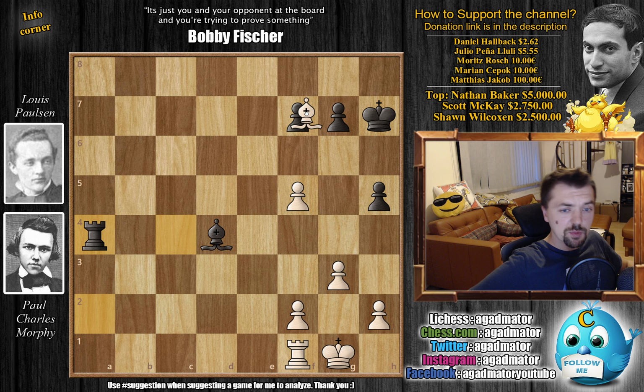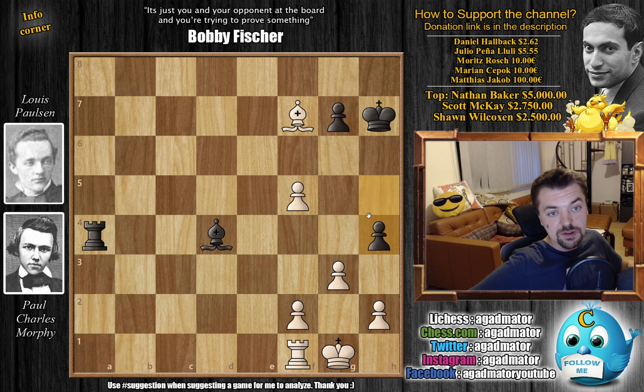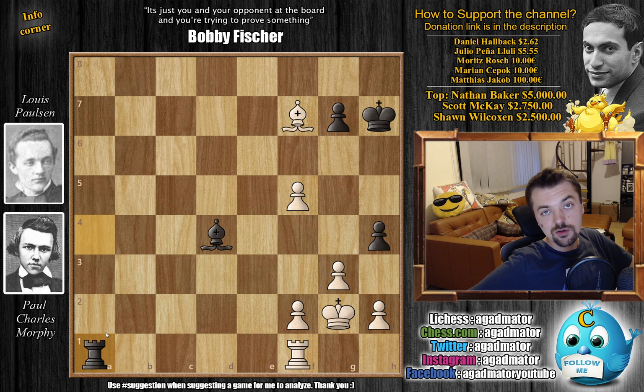Rook captures. We have bishop captures on f7 by Morphy, and now h4, wanting to further ruin Morphy's pawn structure. If captures here, then yes, Morphy is up 3 pawns, but those are doubled pawns, and we have bishops of opposite colors, so Paulsen is very confident that he will be able to hold this. So instead, king g2 by Morphy, and rook to a1 now, forcing a rook trade, saying that I know that